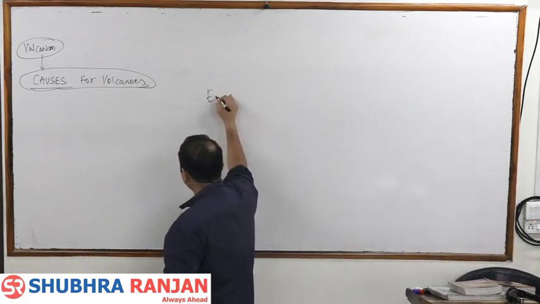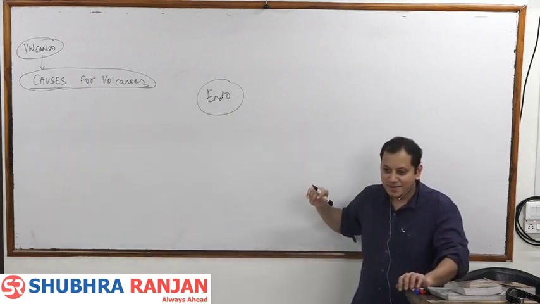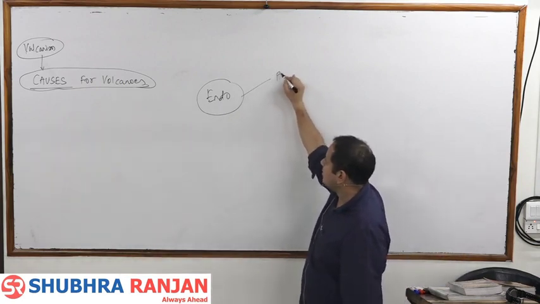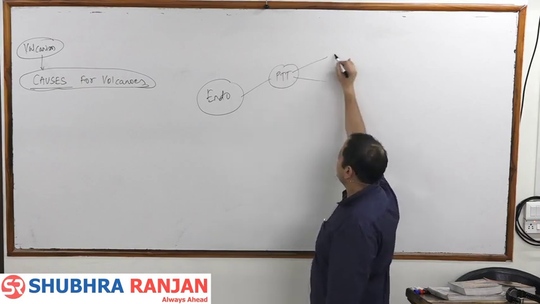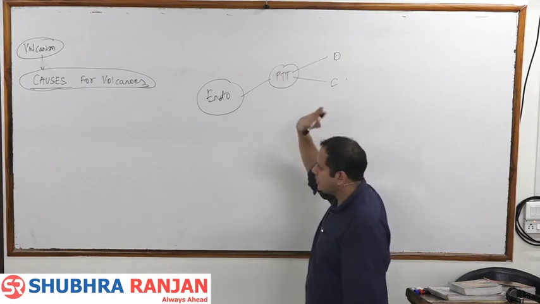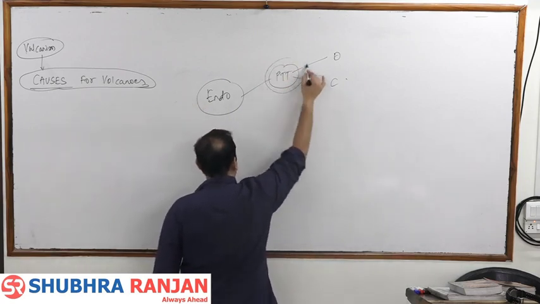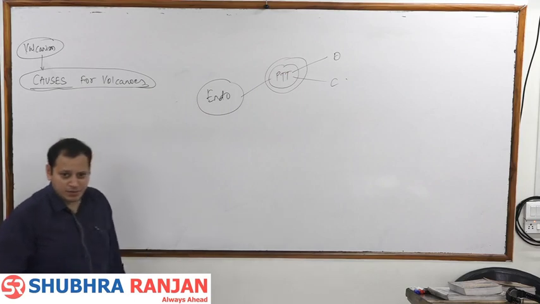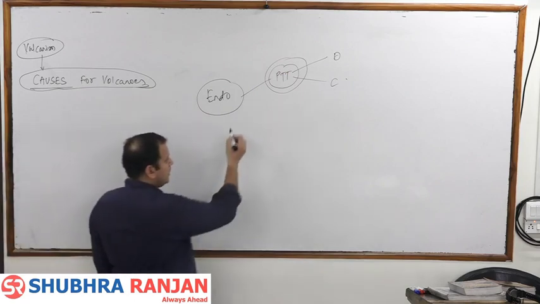Endogenetic forces, as we know volcano is an endogenetic feature. Plate tectonics. In plate tectonics, which plate boundary? Divergent and convergent. No need of writing now. So there are different causes. One is plate tectonics. Is plate tectonics the only cause for a volcano, or is there another cause for the volcano? Other cause is